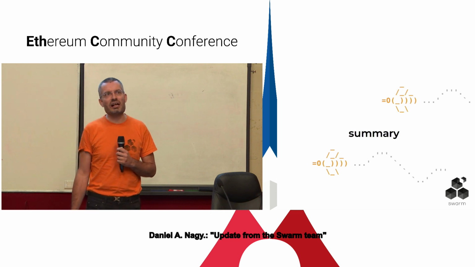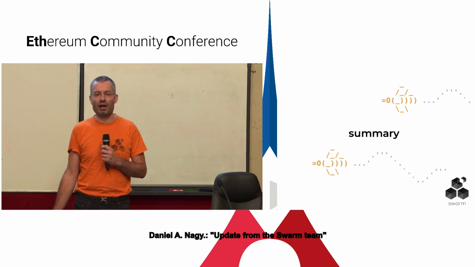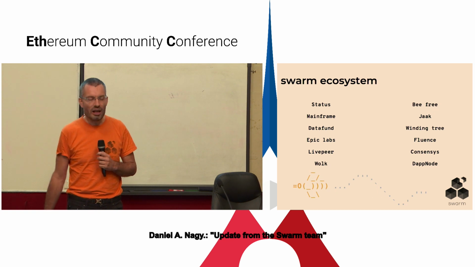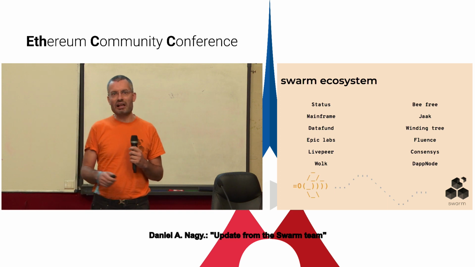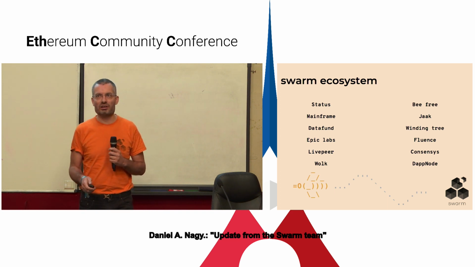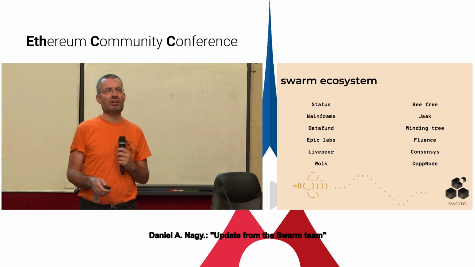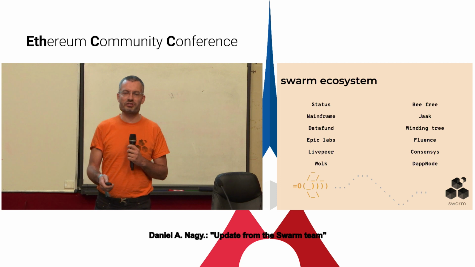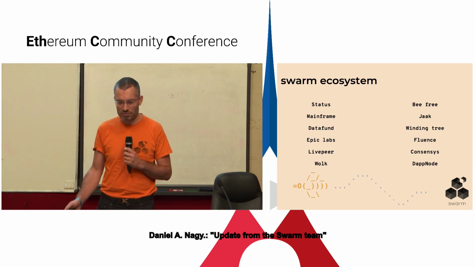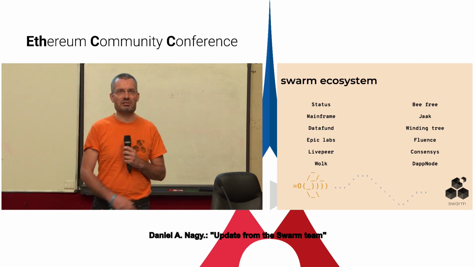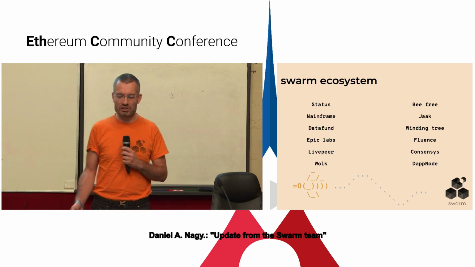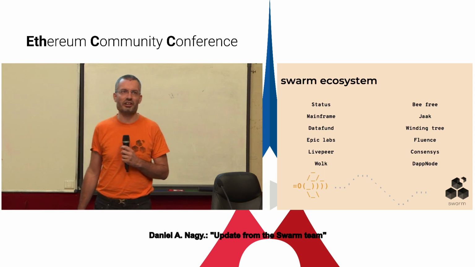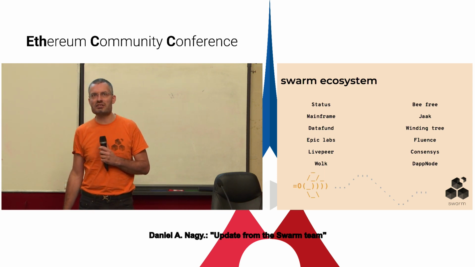So just to summarize, Swarm is currently an experimental alpha stage project, but we already have example applications. We already have a testnet. We are hoping to improve stability big time very soon. We have fixed a large number of bugs. We have grown the team. We have a wonderful ecosystem of many companies listed here, contributing developers, code,